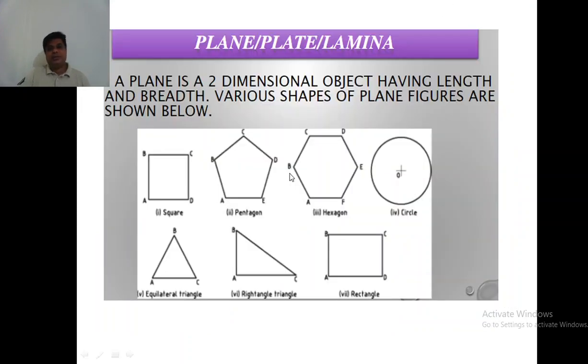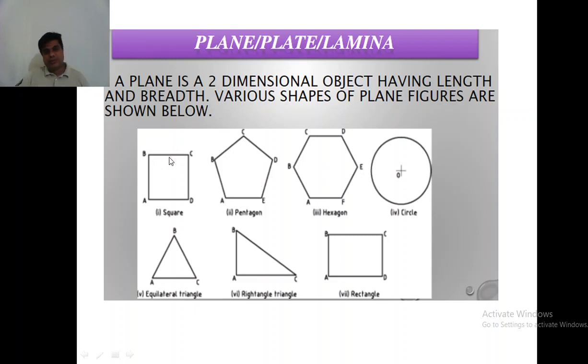So coming to planes here again. According to your syllabus, we will be studying some planes here. The planes are also called plates. You can call them plates, or you can call them lamina or laminates. So you can call the plane by any of these names: a plane, a surface, a lamina or a plate, whatever it is. I told you that it's a two-dimensional object or entity which is having length and breadth, and the planes can be of different shapes.